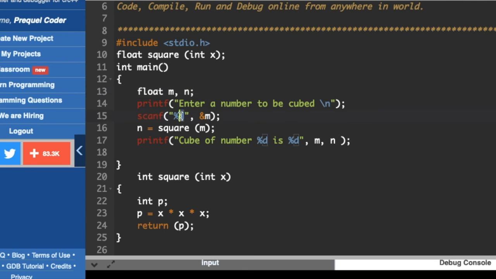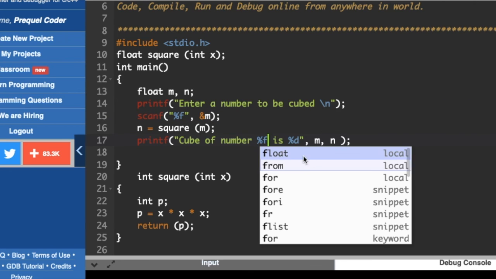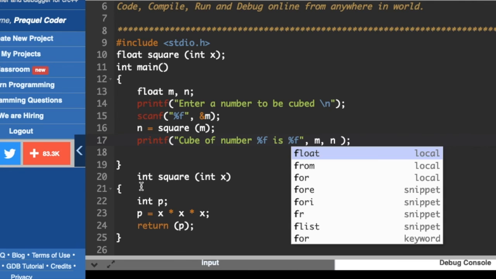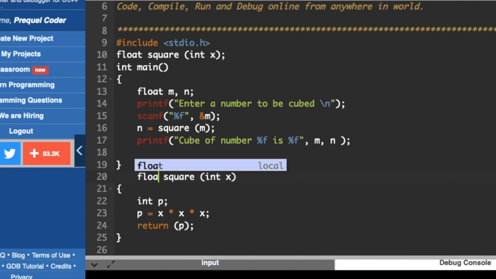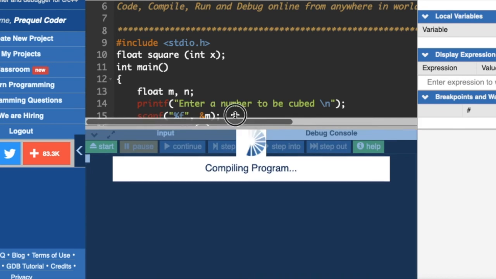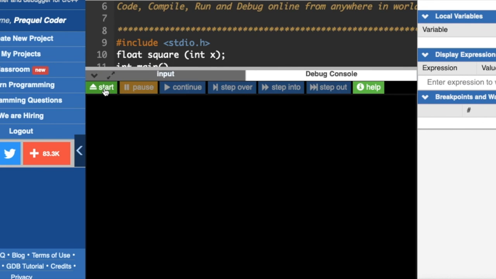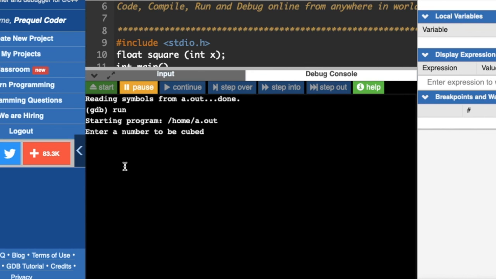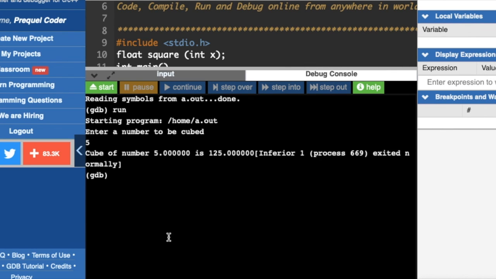So let us just check it for the float also in the same way. So let us just declare f. As we are assigning the float, we need to make changes where we have assigned int. So my changes are done. So we will get the numbers after cubing or squaring in decimal points. Okay, let me just check it. It will ask for the number to be squared. So I'll give it 5. The cube number of 5.000 is 125.